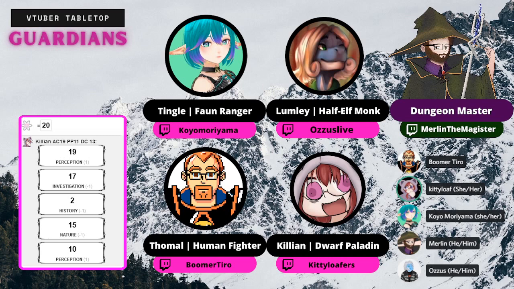Are there any markings or anything up near that bowl up there that we might have forgotten to read? Feel free to go make an investigation check for it. 17. What languages do you speak? I speak Common and Dwarvish, although I'm looking for anything that might resemble hieroglyphics or writings. Sure. You look on this pedestal, and there is indeed writing, but it is in a language you do not understand.